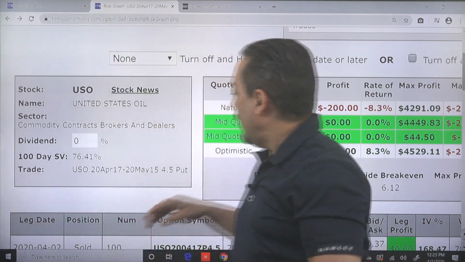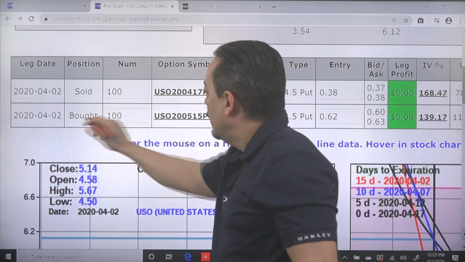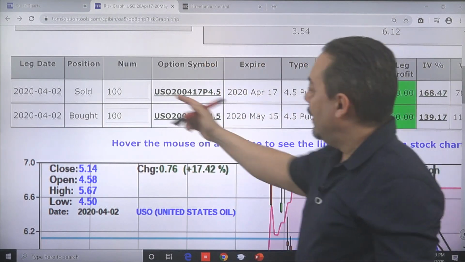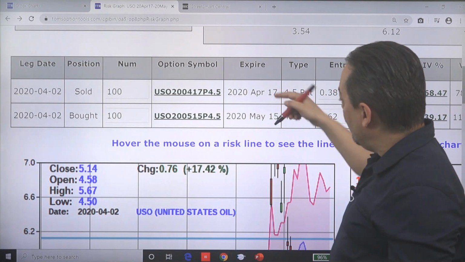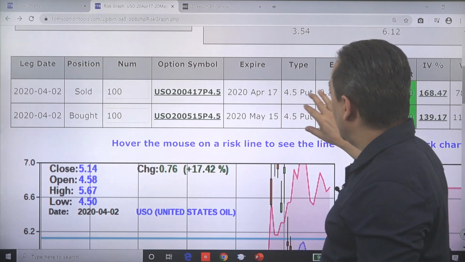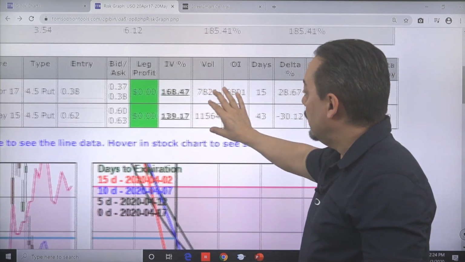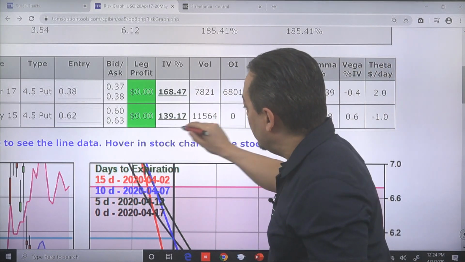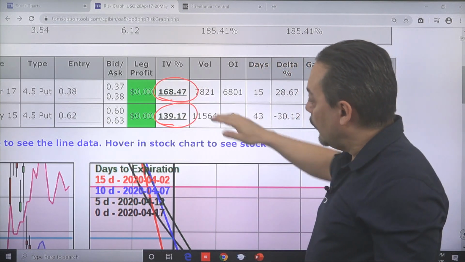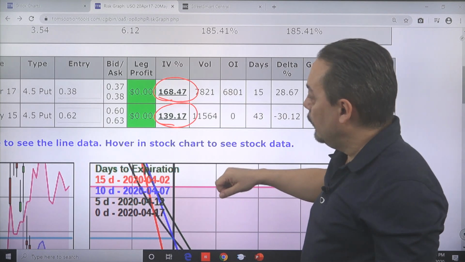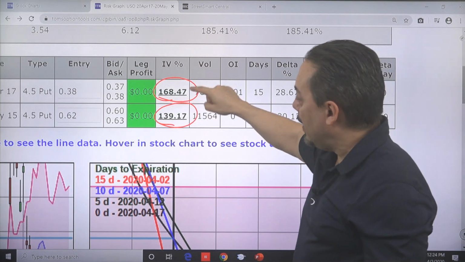And what I did was I created a calendar spread. I'm looking at buying the May 15th 4.5 puts and selling the April 17th 4.5 puts. Same strike, buying May, selling April. I'm trying to do it for a cost of 25 cents. So here's the big thing I want to show you here. I'm buying the low volatility, 139, and I'm selling the high volatility, 168. So you can see there's almost a 30-point difference between these two volatilities. So we're somewhere in that 15-20% range in terms of the high vol to the low vol,